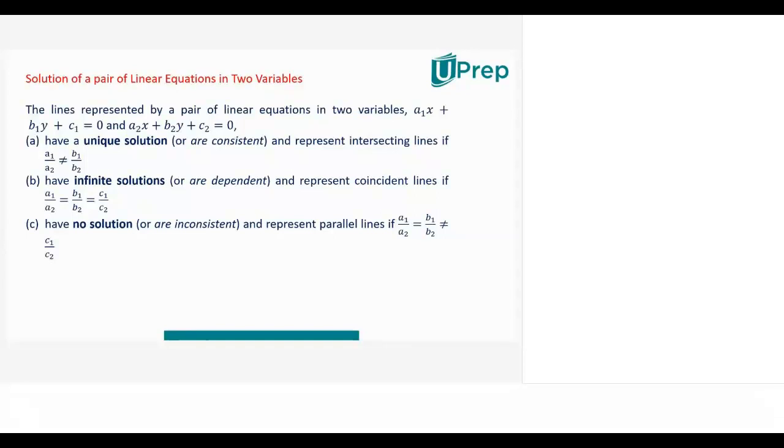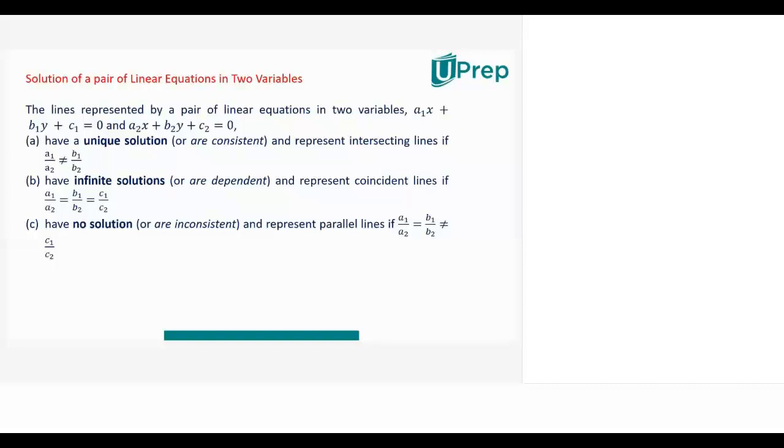I related these two equations with straight lines, and we also understood how these conditions have come up, how you can derive these conditions when two straight lines are given. We were saying that if a1 by a2 is not equal to b1 by b2, then the system of equations will have a unique solution. Two line equations are given, representing two straight lines. When a1 by a2 is not equal to b1 by b2, it represents two different lines.